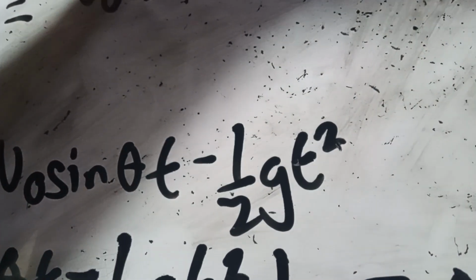So as I was saying, t is equal to negative b, which is v naught sine theta, plus or minus the square root of v naught squared sine squared